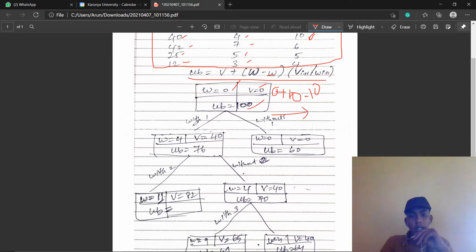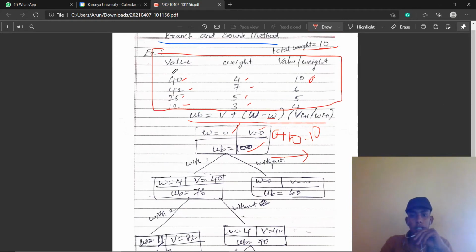If we add item 1, its weight is 4 and value is 40.